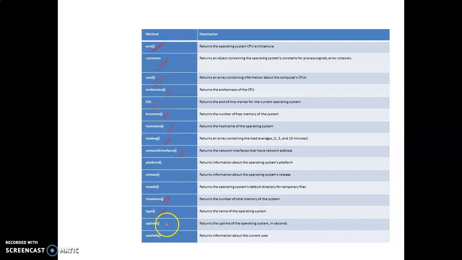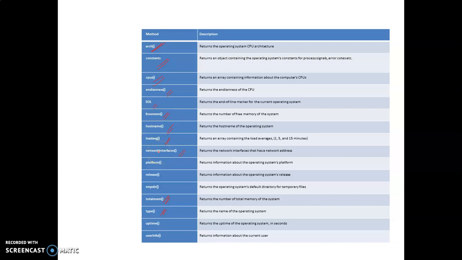When we use that OS module, we can use such functions to retrieve all these operating system related values.